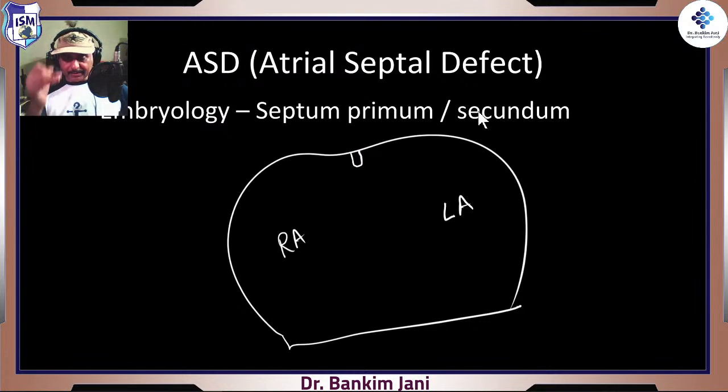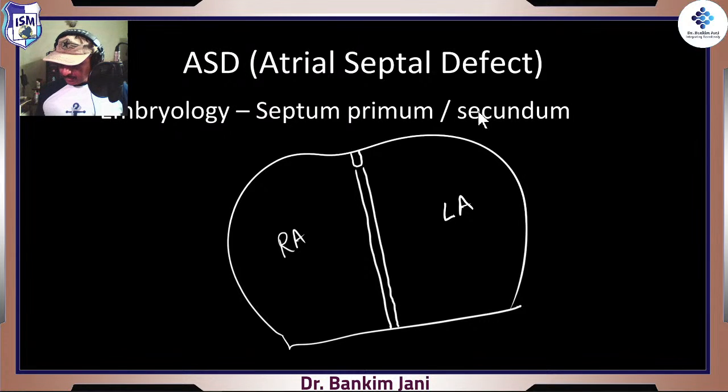And it starts developing. This is what is called the septum primum, right? That is called the septum primum. And this septum primum, all the way it grows, right? It reaches that endocardial cushion. So it reaches this point. But when it reaches over here, right, then a small portion disappears. So this is the septum primum, and